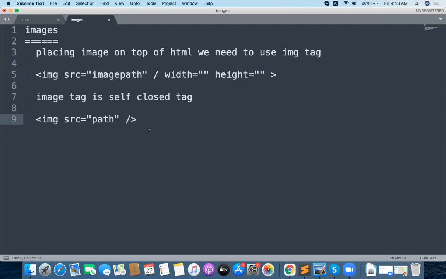When we want to prepare these images, we need to have four different ways. What are the four different ways to prepare these images? I will tell you one by one.